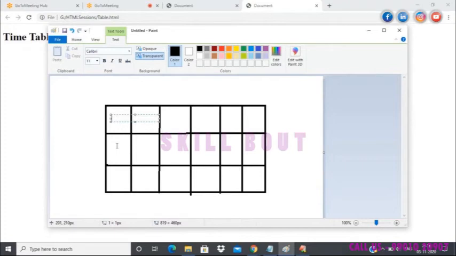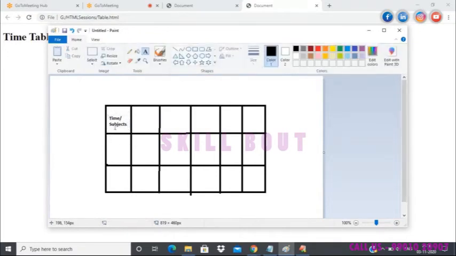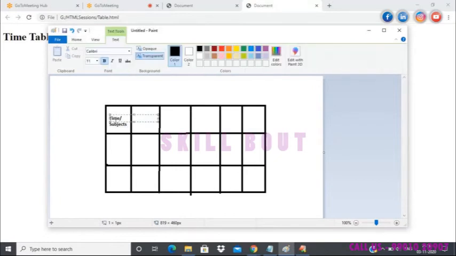We can have time, and then apart from that, what else can we have? One thing is we can have time. Okay, so I'll just make this bold and then forward slash. So time and the subjects. Now, by adding this particular content, what I'm trying to say is we will have a table with a similar format, where the first row will talk about the subjects that are available.